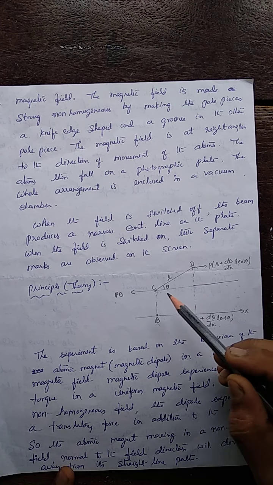and the displacement of the atoms in the field denoted as dx. What is dx? This displacement is taken as dx, the displacement of the atomic beam from the actual path. Actually, in the absence of the field, they should strike like this on the screen, but because of the field, they have displaced, that is dx. So the displacement dx is given by half ax t square.